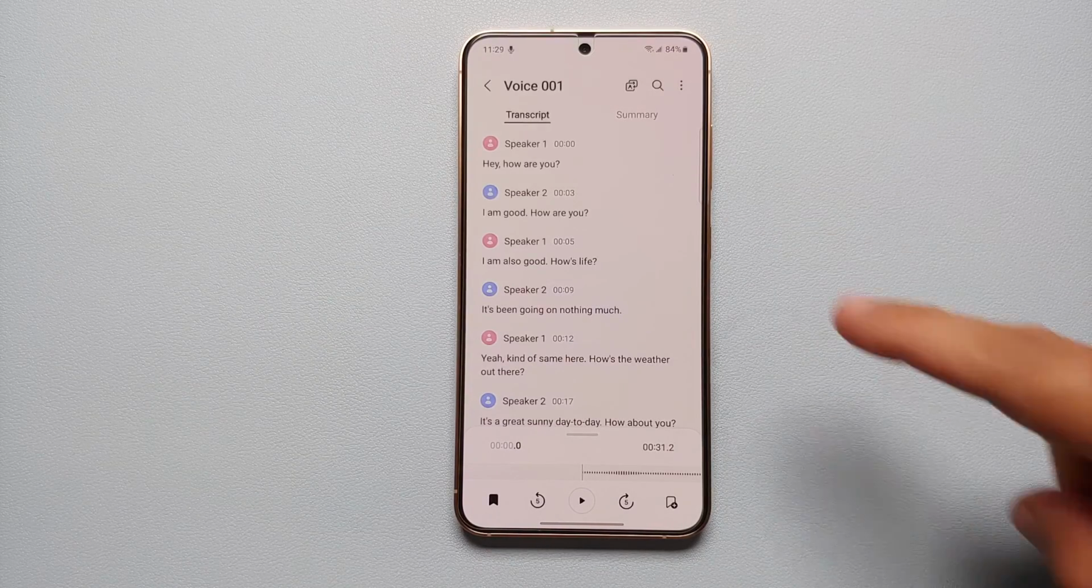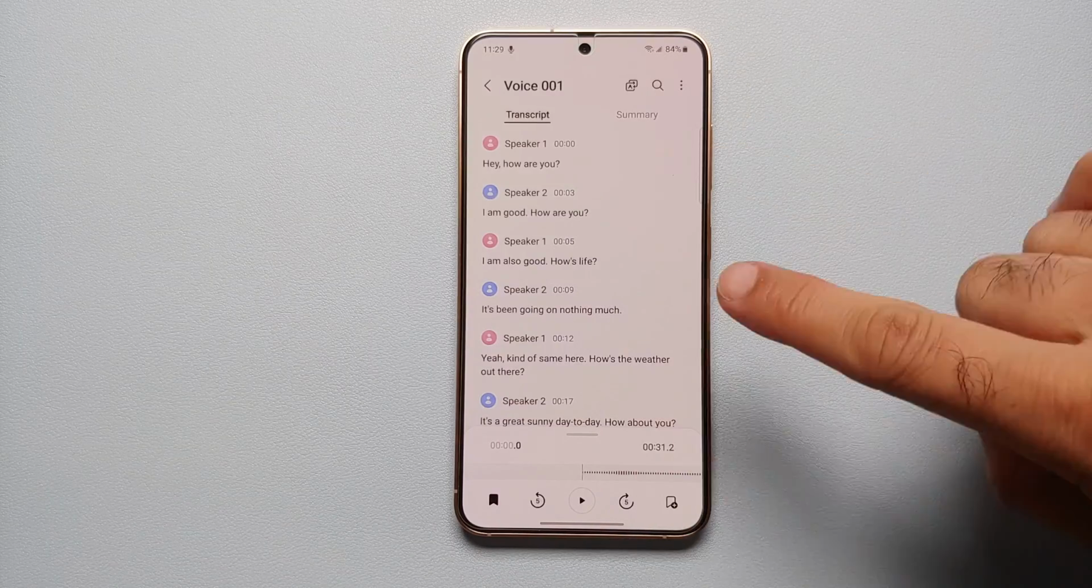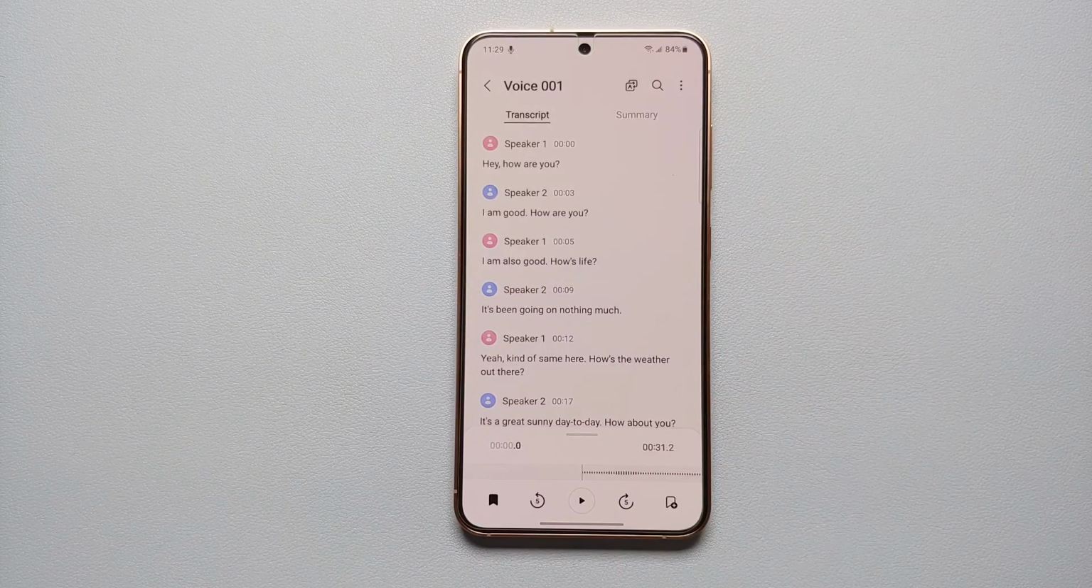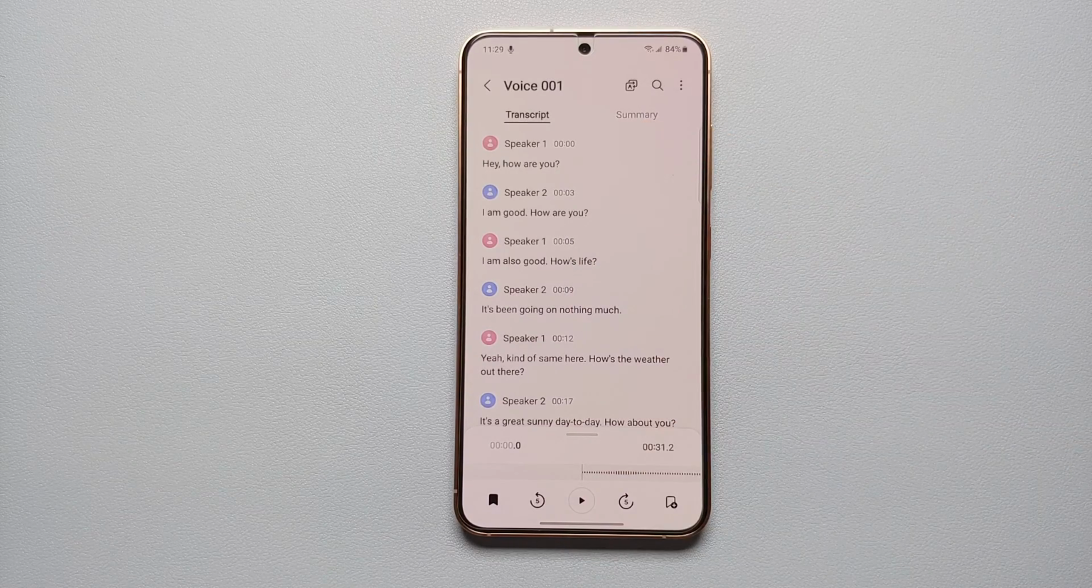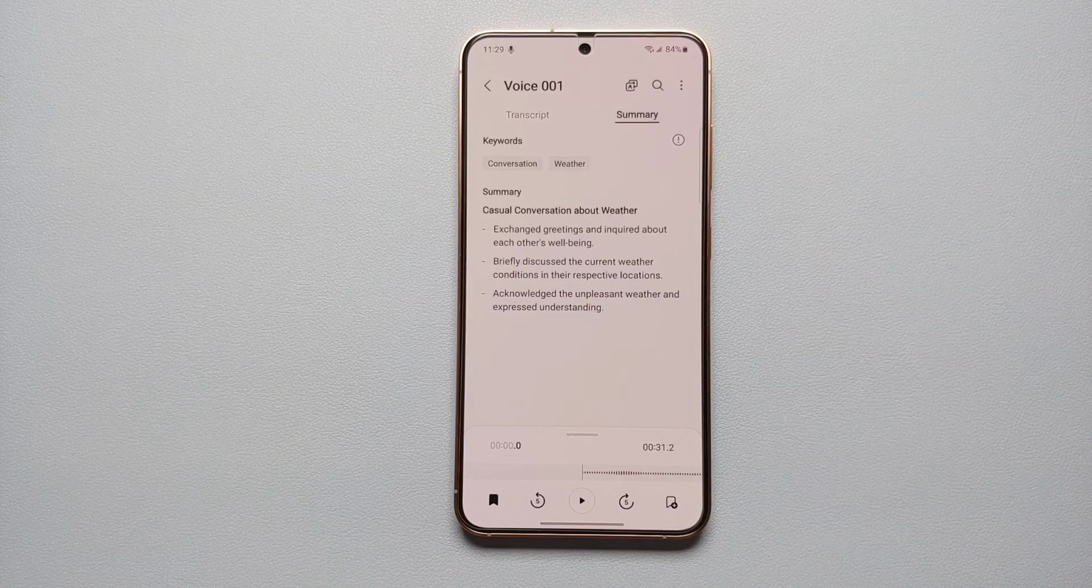But the cool feature is it recognized two different speakers having a conversation. So two different people were having a conversation, as you can see by the labels over here, speaker 1 and speaker 2. Now you can also get a summary of this voice message which we have, again Galaxy AI working,